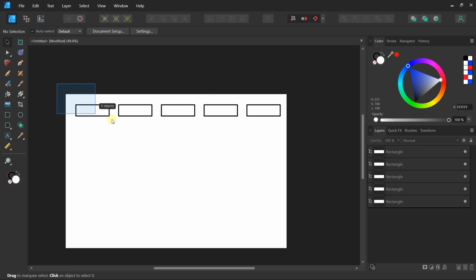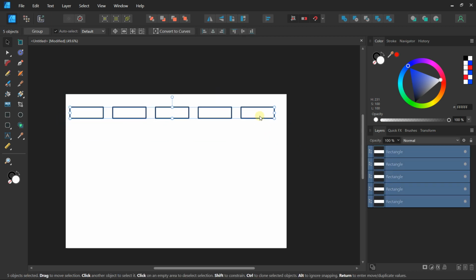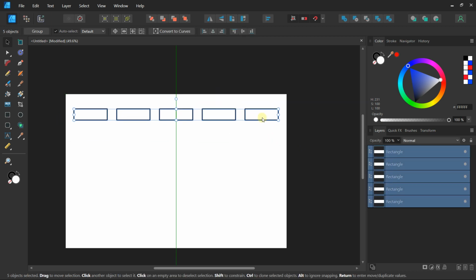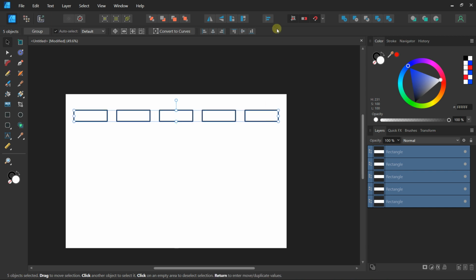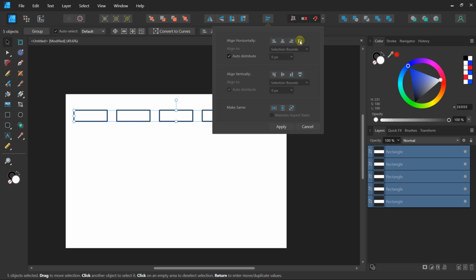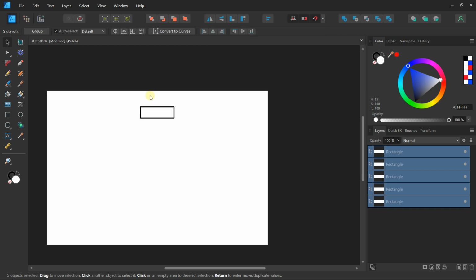But now if I select all my rectangles and I want to center them, if I don't create a group, what will happen if I click here? Not the distribution, but if I select align horizontally center, all the rectangles will go in the middle like this, because I didn't create a group. This is why it's not pretty good. All the rectangles will go in the middle just like this.